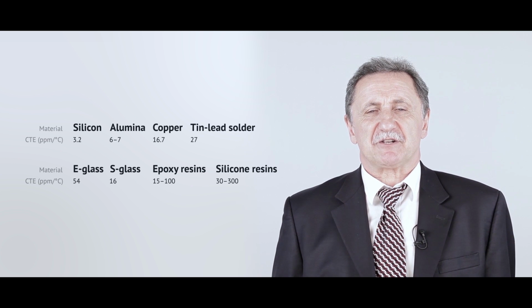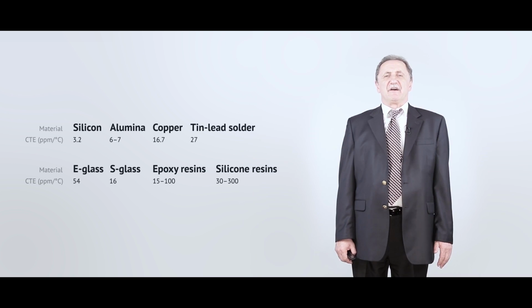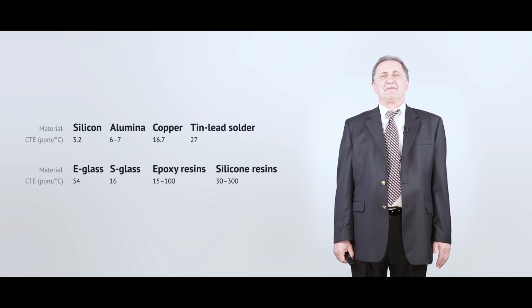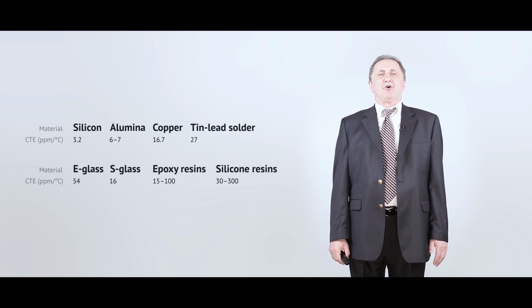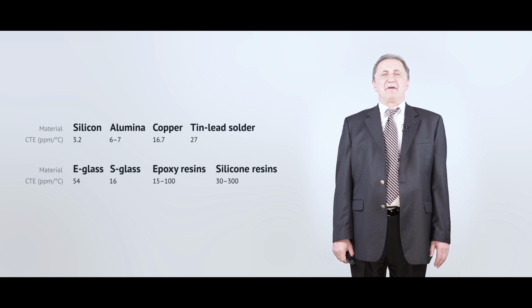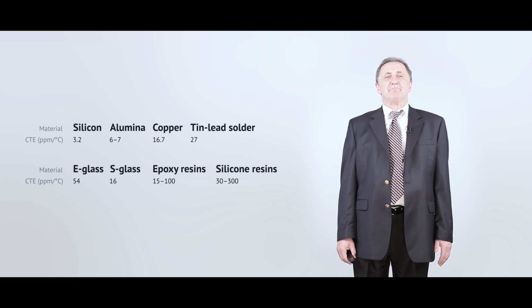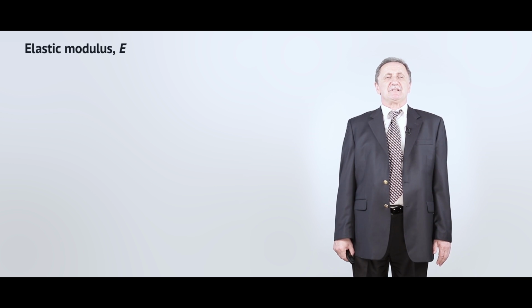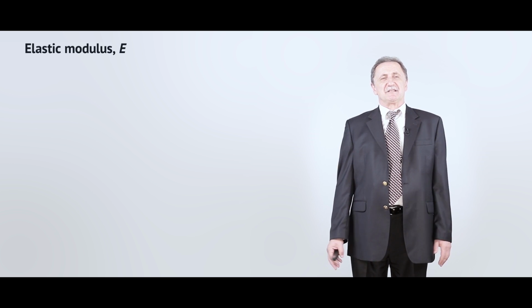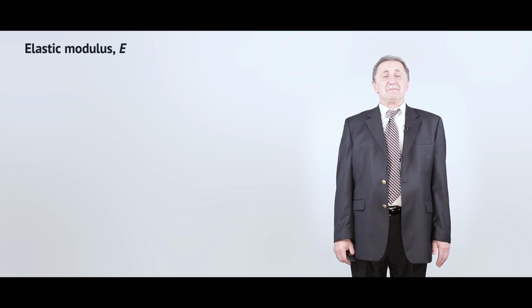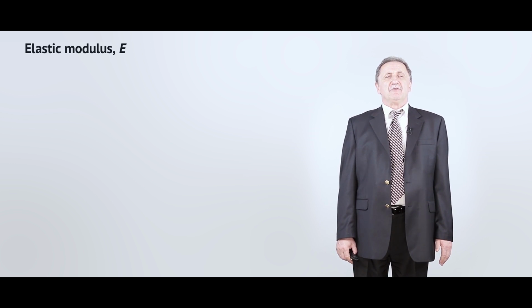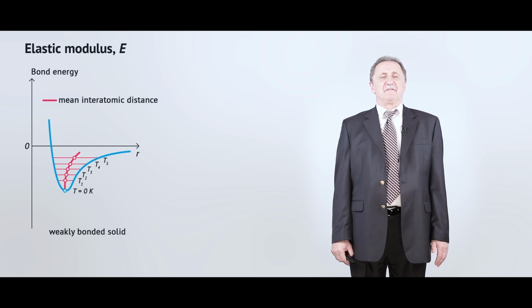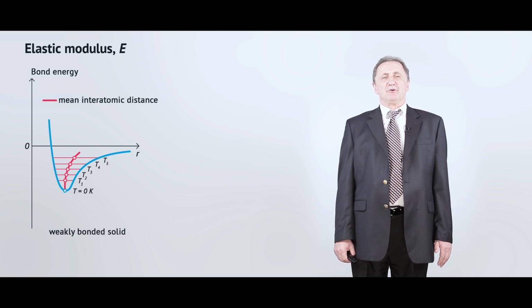This coefficient of thermal expansion can be very different for different types of materials, as you can see on this screen. It's extremely low for ceramics, and it can be extremely high for polymers. So how can we make a conclusion about the relation of the coefficient of thermal expansion and the atomic level of structure? Again, it's easy to see by the analysis of the energy distance diagram, which is presented on this screen also for two different materials, where we have the lower bonding energy and the higher bonding energy.